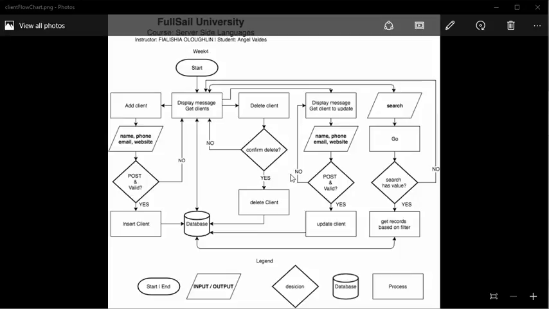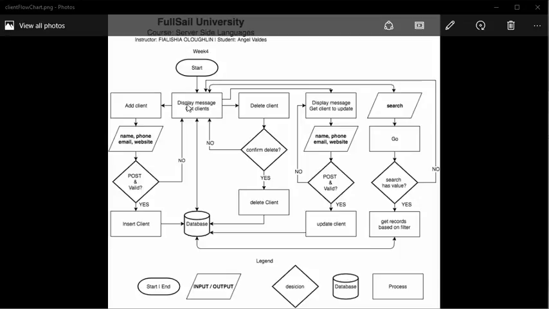Right here you can see the flowchart for the business requirements for this application. You can see the different possibilities the person can take from the same page, and you can go through the add client functionality and add the name, the phone, the email, the website, and then do the post. And if the information is valid, which there is a validation happening at the client and at the server, then the client will be inserted in the database. If it's not valid, then you will go back to the display page and you will have another opportunity to